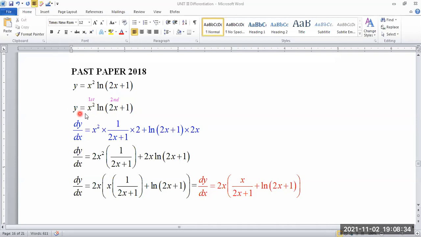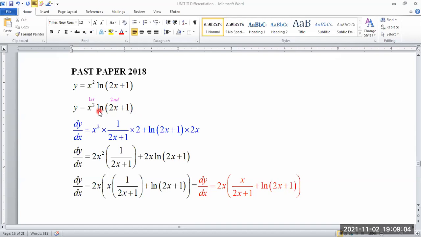So when I'm differentiating, watch me. One minute without moving your eyes from the screen. The first, write it back, times the differentiation of the second. When I differentiate the second, the differential of ln x is 1 over x. We find x comes after the ln, so it's 1 over everything right there. Times the differentiation of this piece here now. When I differentiate 2x plus 1, I'm going to get 2. The first one done.